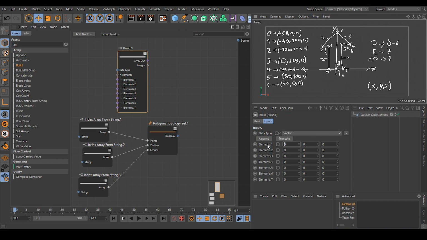So let's create some new elements here and put in our vectors for the different points. And as you can see here, element number 1 is point number 0 in this case. So -50, then point number 1, -50, 100, and so on. Okay, now we have defined all the vectors,